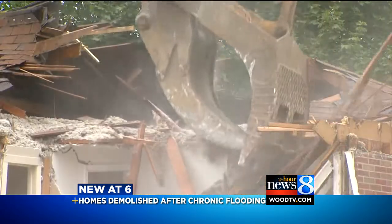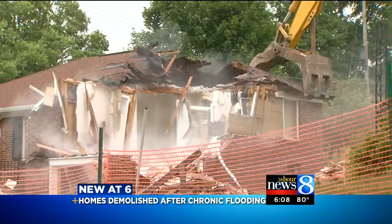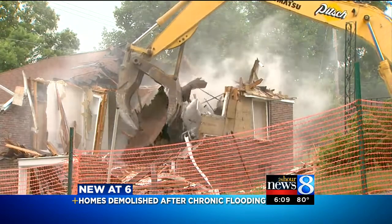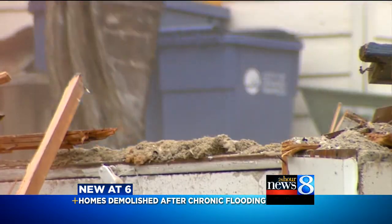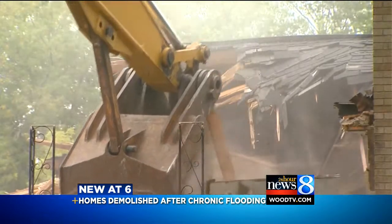Residents in the flood zone agreed to sell their houses. Most of the project's $1.3 million price tag is covered by a FEMA grant, with the City of Grand Rapids and County Drain Department picking up portions of the cost as well. The project could be one for the history books. FEMA often buys up homes along waterways because of flooding issues, but not on a city block far from the water. Once the homes are cleared, the city will make the site an open field with plans for a park